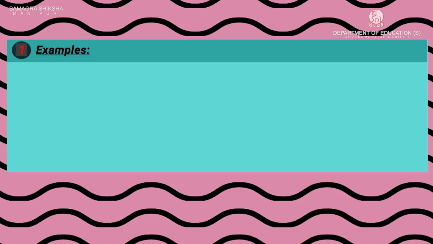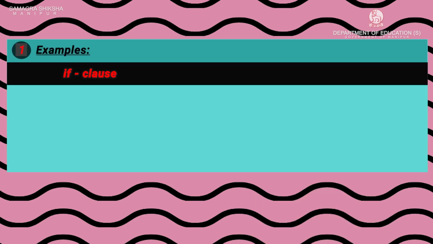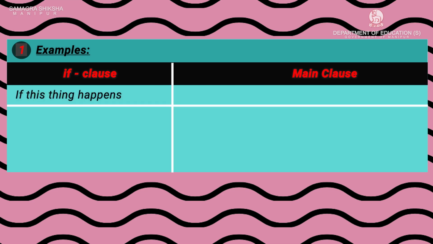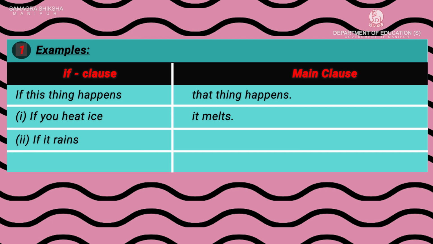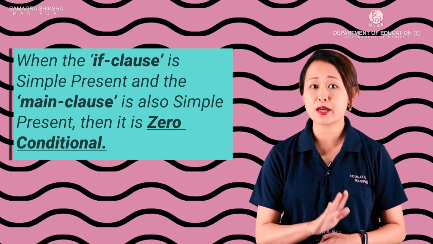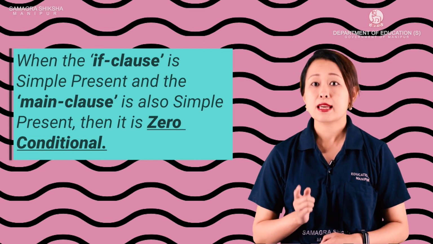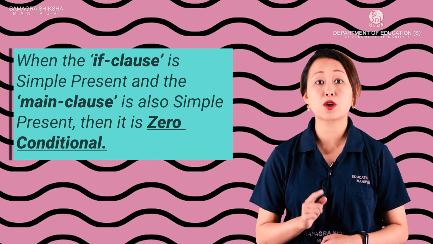Number 1, look at the examples first, the if clause and the main clause. If this thing happens, that thing happens. If you heat ice, it melts. If it rains, you get wet. So, here the if clause is if plus simple present. The main clause is also simple present. So, when the if clause is simple present and the main clause is also simple present, then we call it